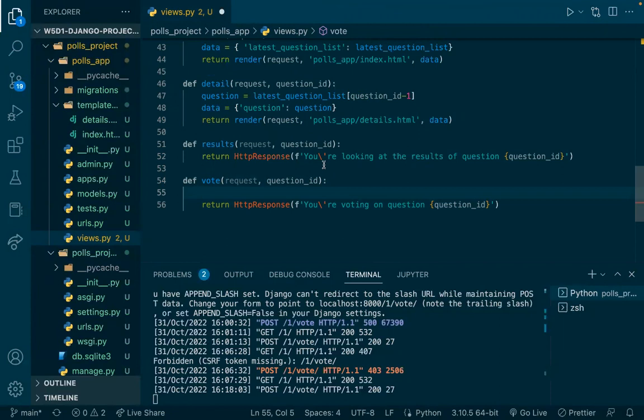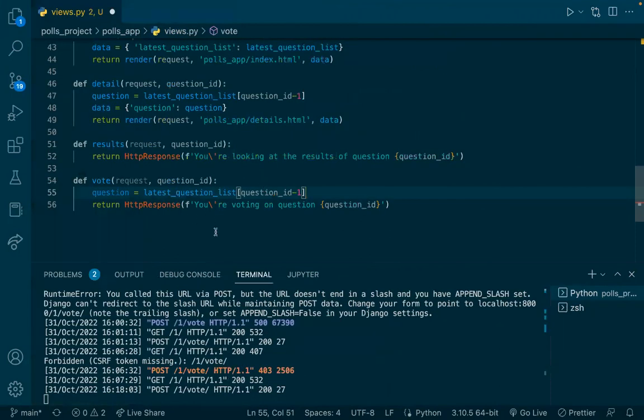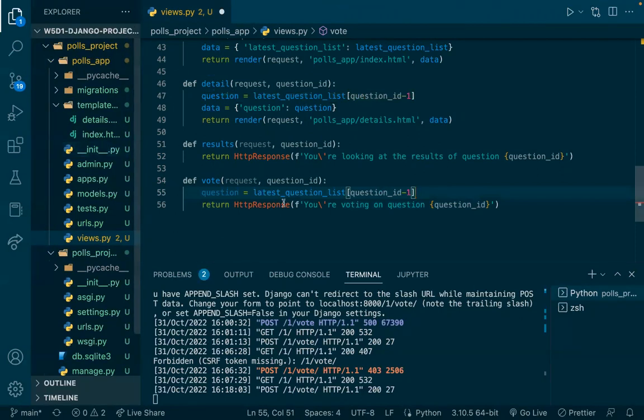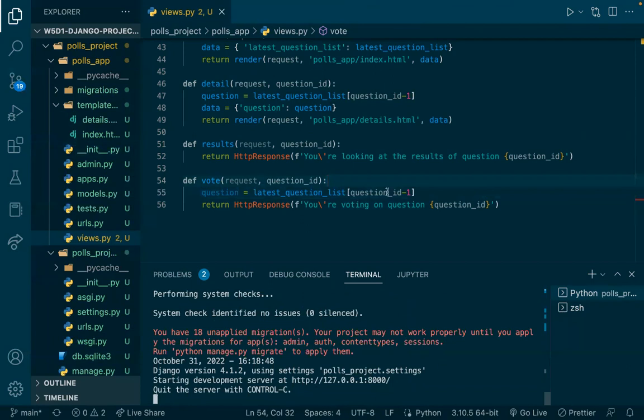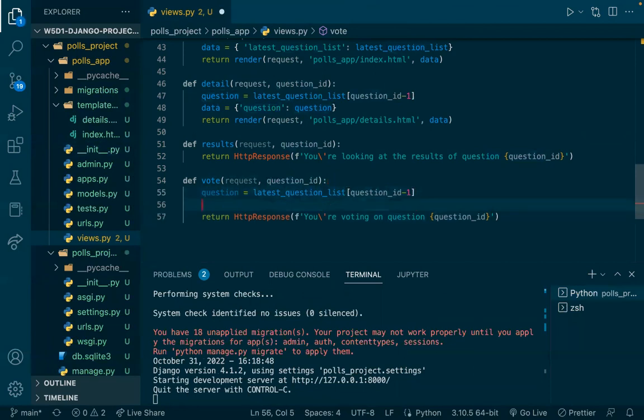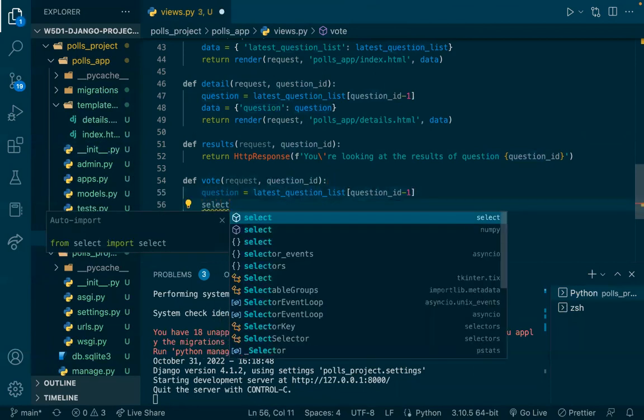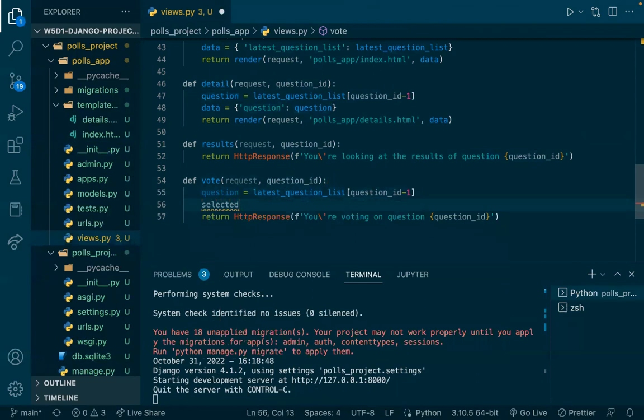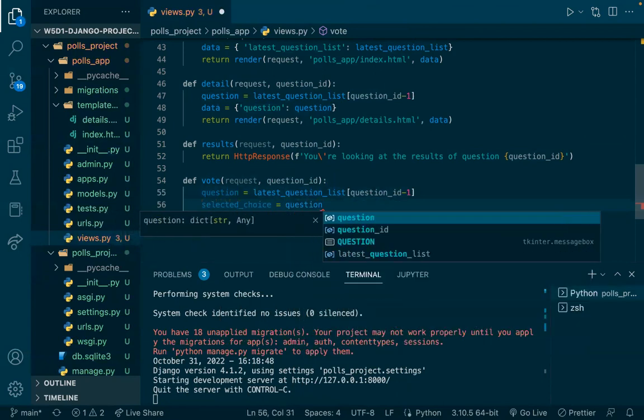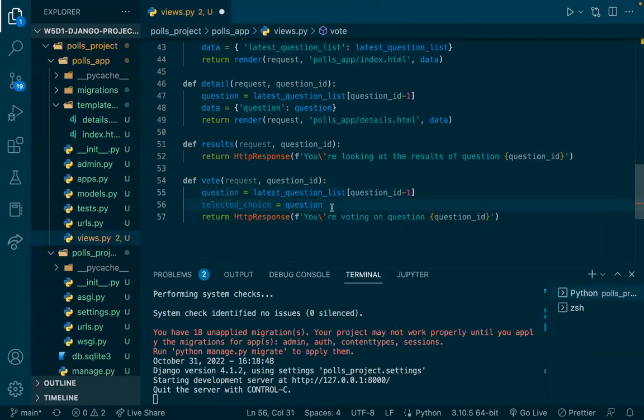So our question that we're going to grab is going to be based off of the question ID again. So I'm just going to grab the question information from here. Didn't want to remove that. Okay. So we're grabbing our question that was just voted on based on the ID. We're going to access the selected choice. So selected choice equals question. Actually, okay,